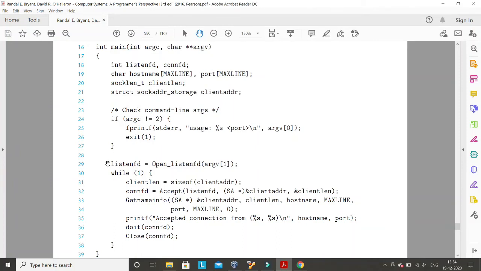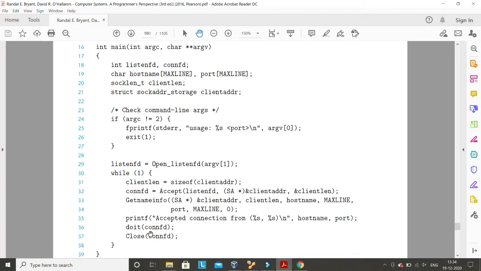How is it creating a server? It is calling open_listenfd. You know what open_listenfd is from the last lecture. After this, a socket listenfd is created that can listen for client connections. After the while loop at line number 32, it is waiting for a client connection. Whenever we go to the browser from a client machine and type the address of this server, that request will be accepted here, it will create a connection fd, and it will also send an acknowledgement to the client. Now a connection is established, and they can communicate.